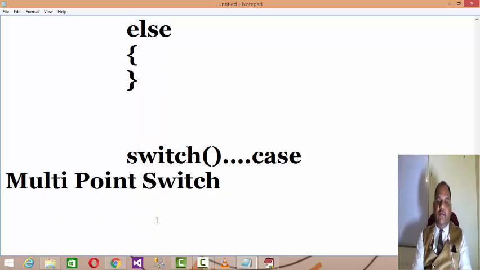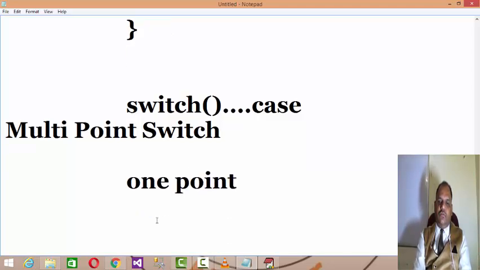Multi-point switch means, up till now in condition branching, there are only two branches, either the then branch or the else branch. By using if then else, you can switch to only two branches at a time. But try and understand, from one point you have to diversify the focus to multiple points, multiple branches.